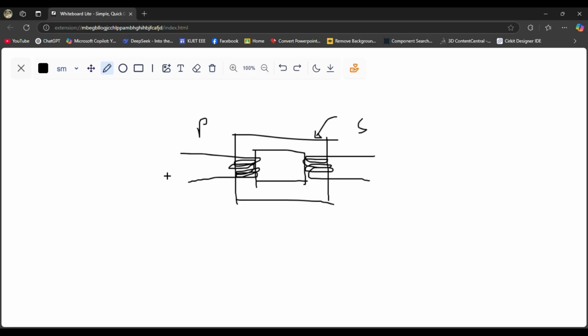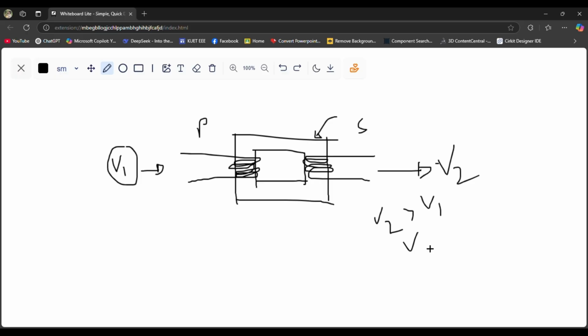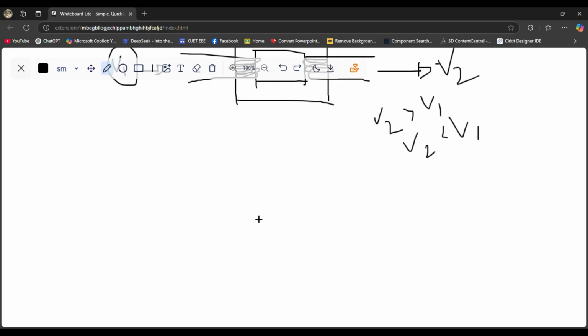What we do for a transformer is give a voltage, let's say V1, on the input side, and we get the output voltage, let's say V2. This transformer increases or decreases V1 at the output side. It may be V2 greater than V1 or V2 less than V1. So I have drawn the schematic diagram of a transformer, but if I draw the circuit diagram,